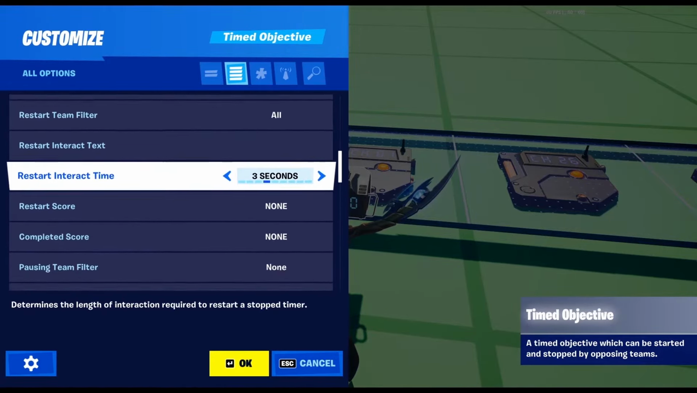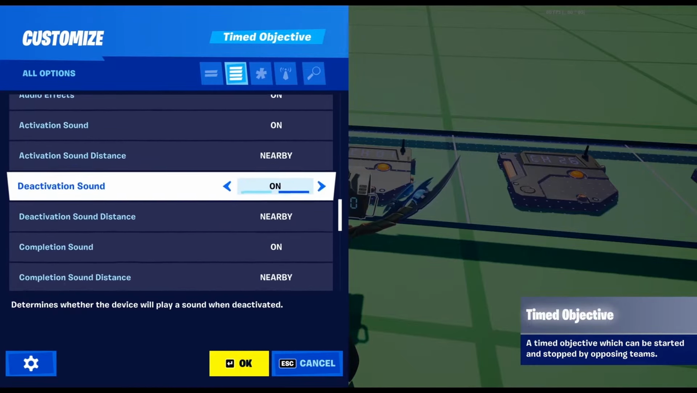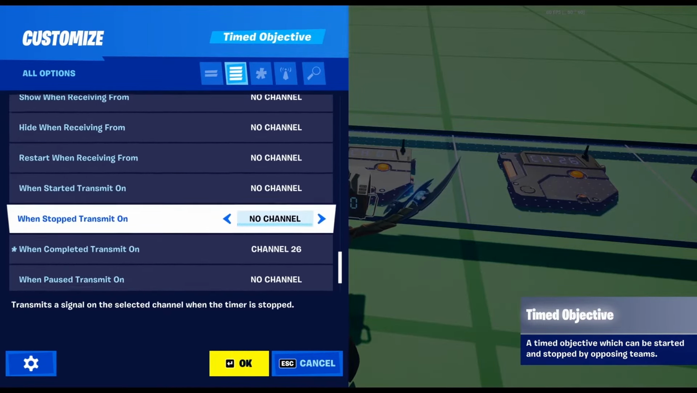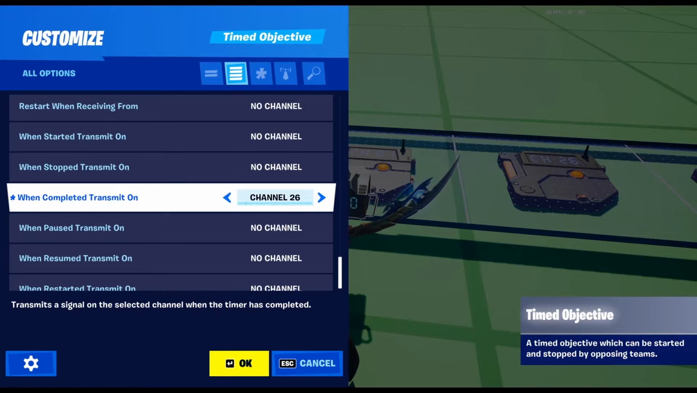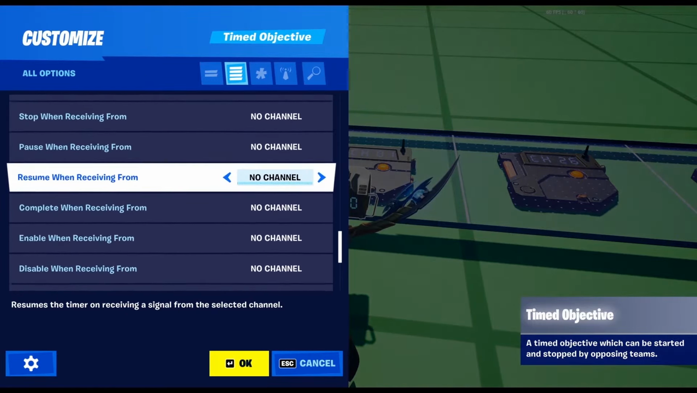Okay. And then the only other thing that we've got here is start when receiving from channel 1. And when completed, transmit on channel 26. So what that does is